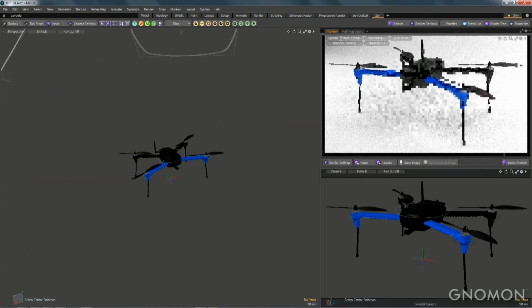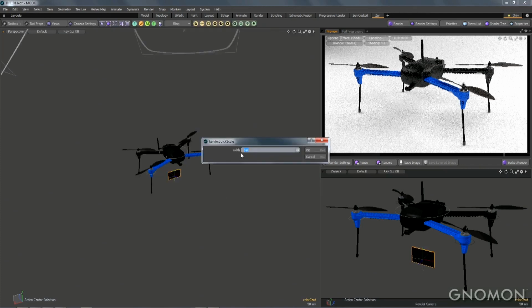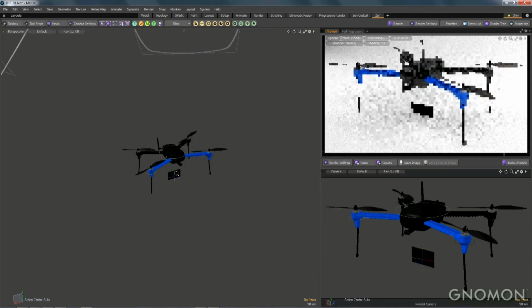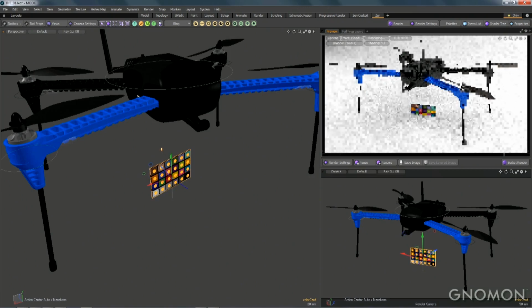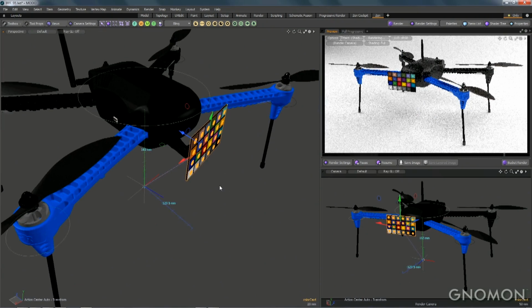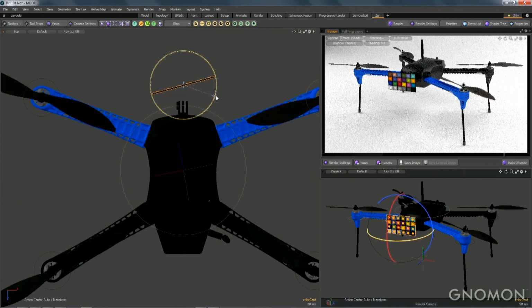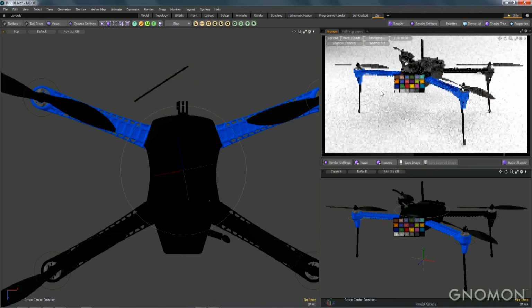Next, the image looks a little bit dark. I'm going to hide the camera, just get that out of the way, and then show my assemblies here. And I have a color card. This is just a typical Gretag Macbeth calibration card. When we bring this in, the point here is consistency. If I'm going to do a lot of shots of a given product, I need my materials to work well in all of those shots. You don't want to be adjusting and tweaking materials for each individual shot. So it's important that this key shot have perfectly balanced lighting. I'm going to position this card in what I consider a really important part of the image, somewhere where the lighting needs to be nice and balanced. Then I'm going to use the cropper plugin for Modo.